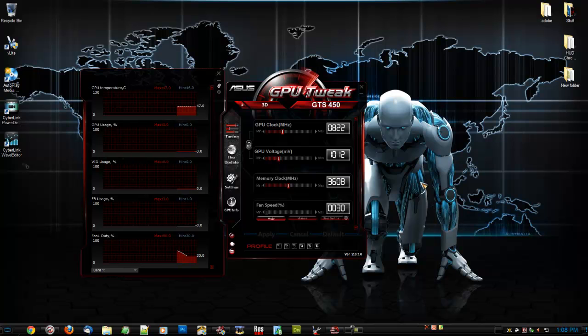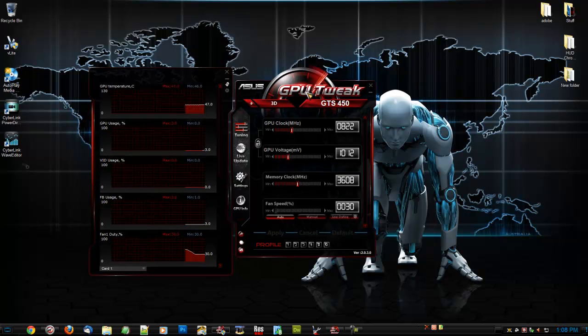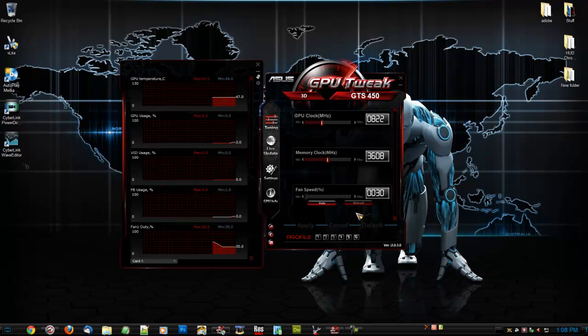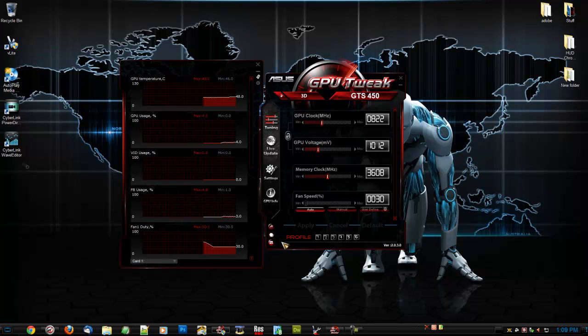Okay guys, this is a quick tutorial on how to use GPU Tweak. Basically, in standard mode settings, you'll just see these three features, which are your GPU clock, your memory clock, and your fan speed. To enable the voltages and things like that, you'll have to switch it to advanced mode, which is